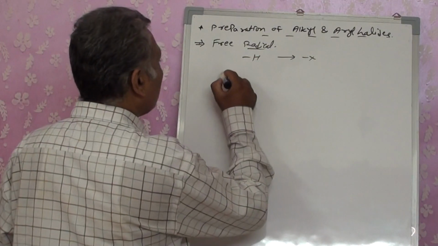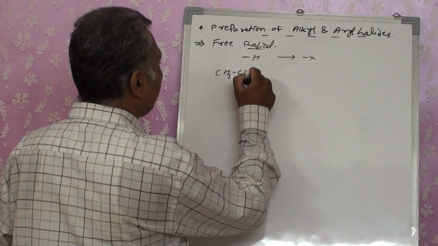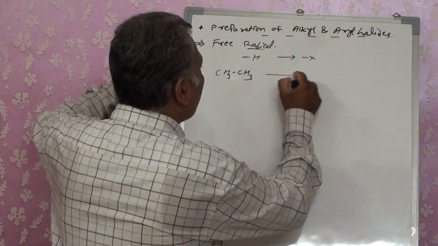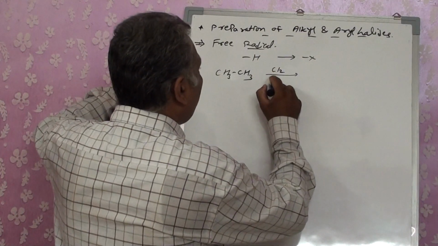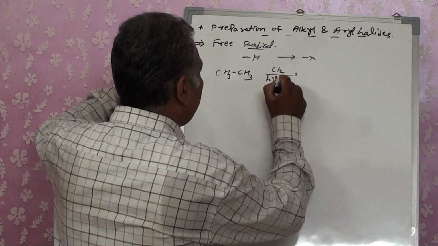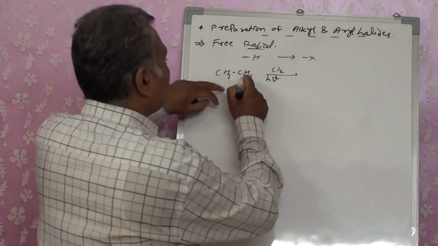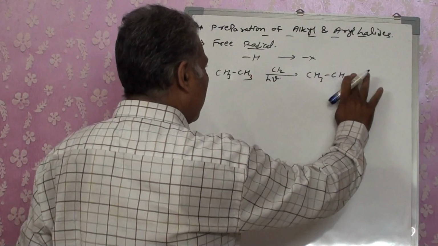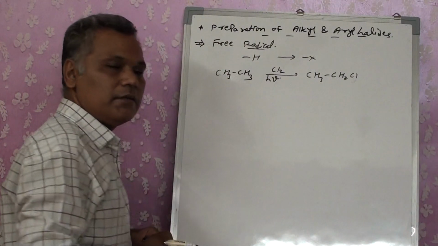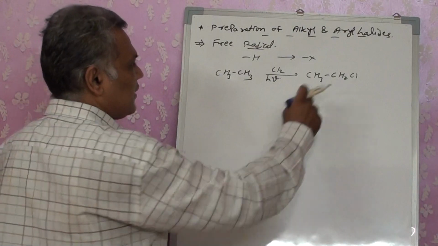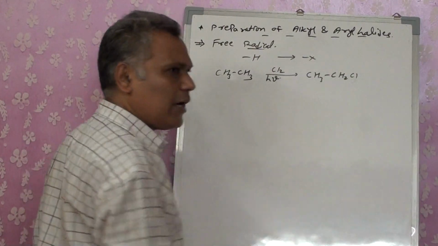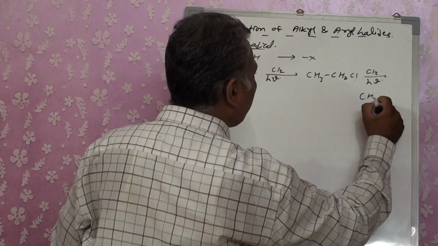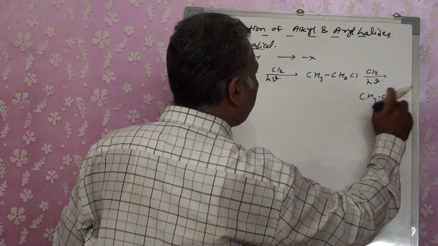So I can take a hydrocarbon, CH3CH3. When you have CH3CH3 and you want to convert it with Cl2, we carry out this reaction in presence of sunlight. So at that time the hydrogen is replaced by halogen. Here we have taken Cl2, so we will have Cl. Right? It's not necessary that we can replace only one hydrogen. You can replace all the hydrogens. You can proceed further, take it in an excess quantity or allow the reaction to be carried out for a longer duration.